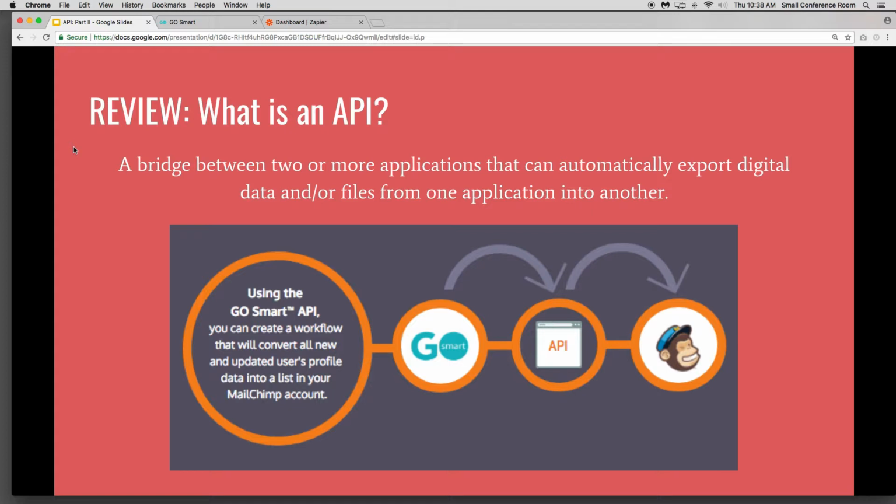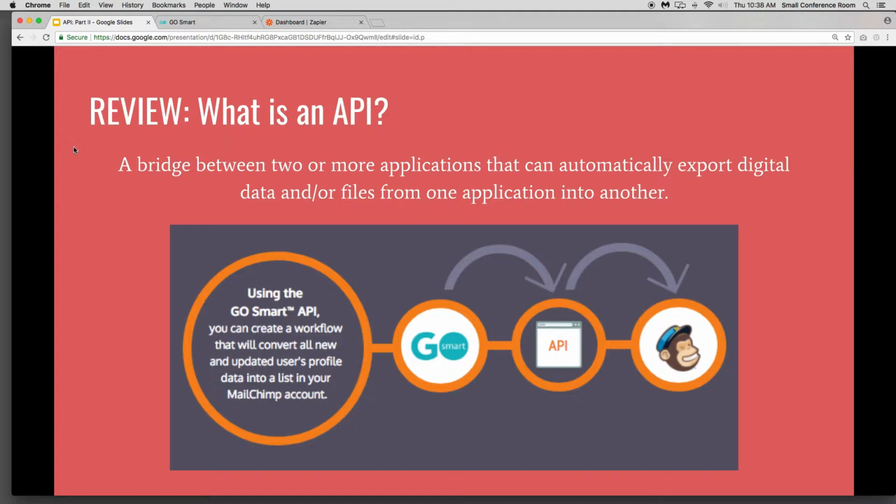We all work with digital data all the time, and there's no reason why a digital piece of information or a digital file over here shouldn't be working smart for you over somewhere else when everything we use is digital. So just to give you an example of what this bridge might look like, looking down at this infograph,